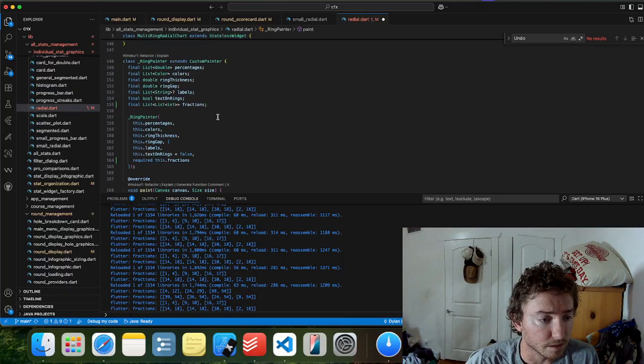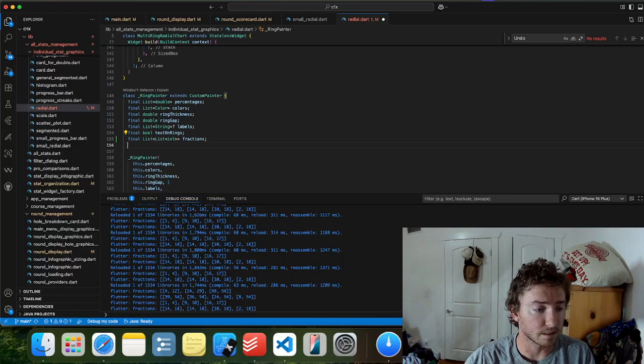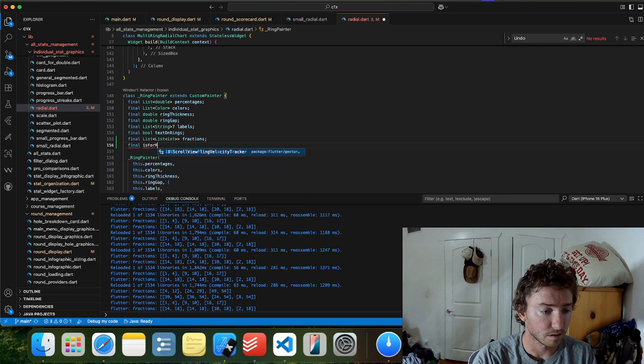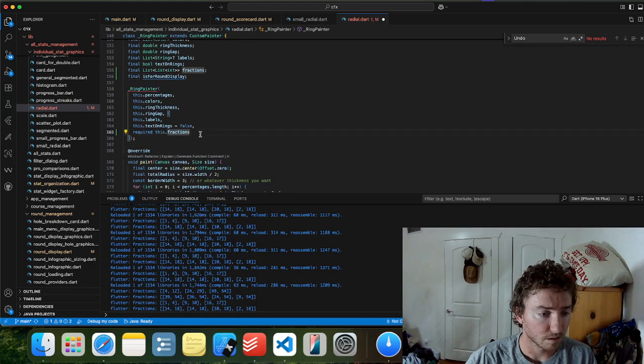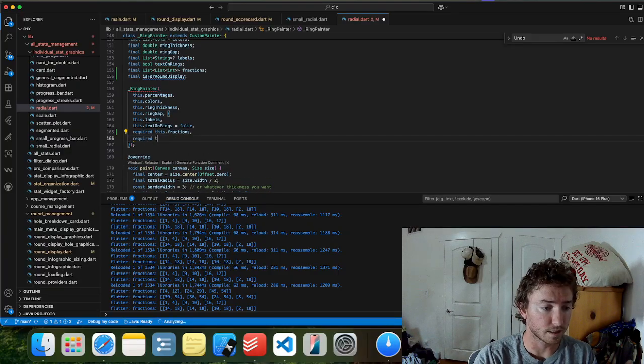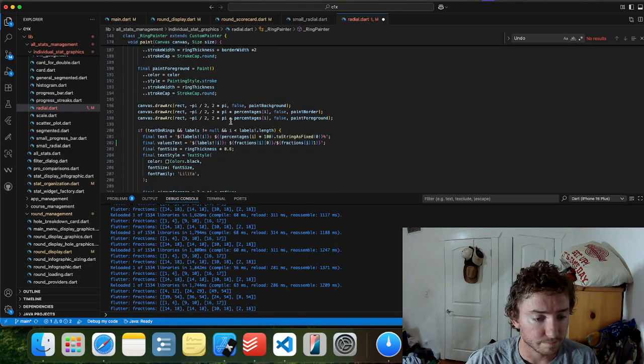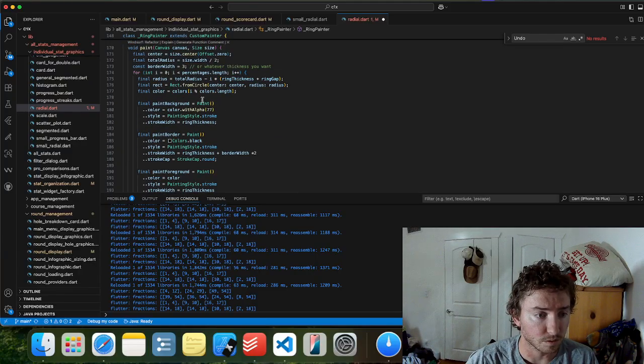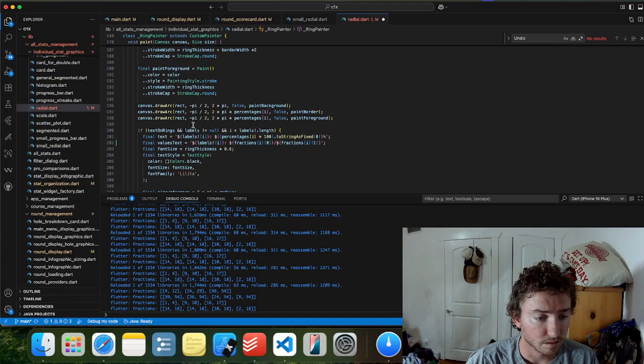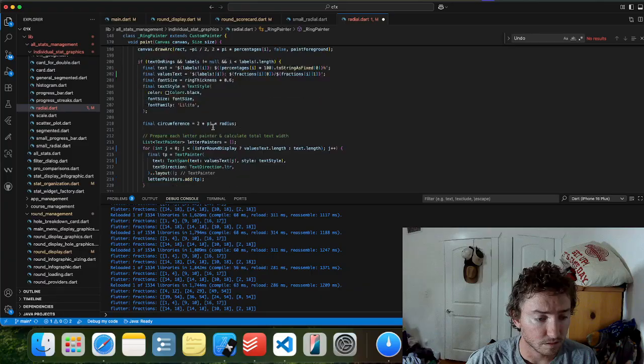This for round display is not getting past here, but I need it, so display, comma, required this dot is for round display. So then that should work now. Yeah.